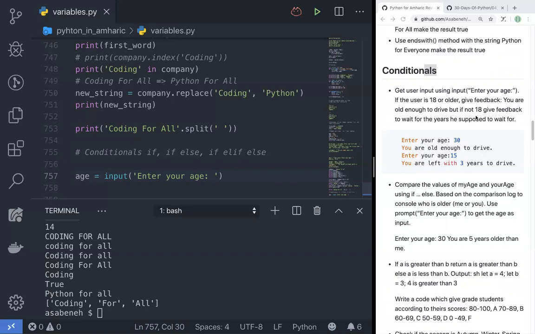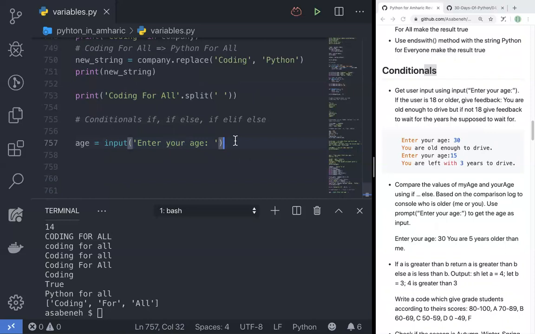But if not 18, give feedback to wait for the years he's supposed to wait for. የሆነ እድሜው ከደረሰ ለመንዳት ደርሰሃል ካልደረሰ ደግሞ ጠብቅ ብለን እንነግረዋለን ማለት ነው። Okay, so ምንድነው የምናደርገው እንቀንሳለን ማለት ነው።